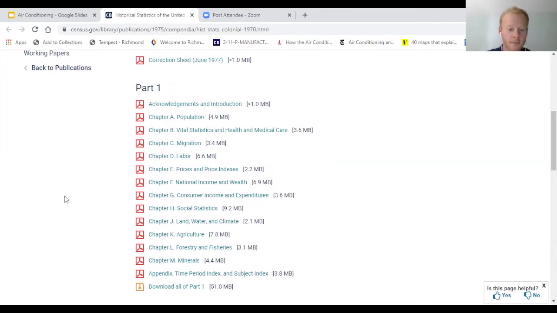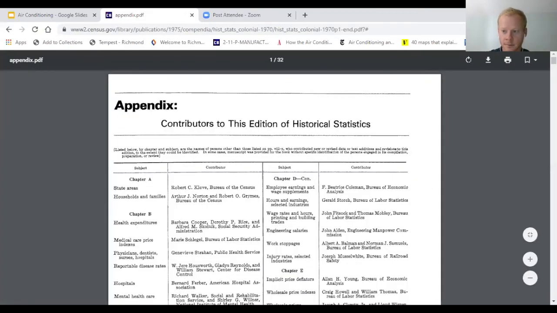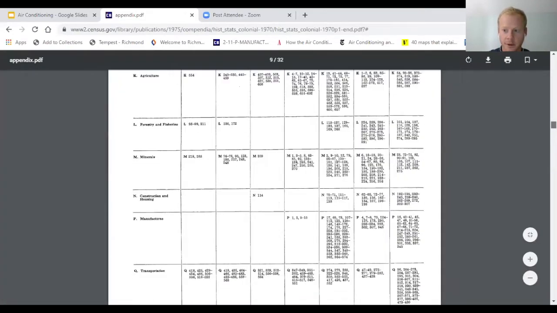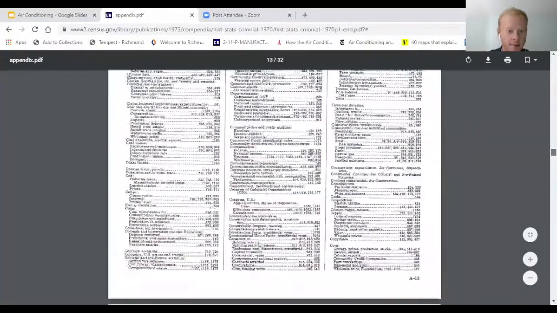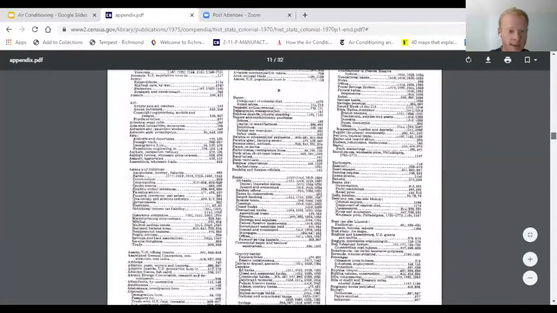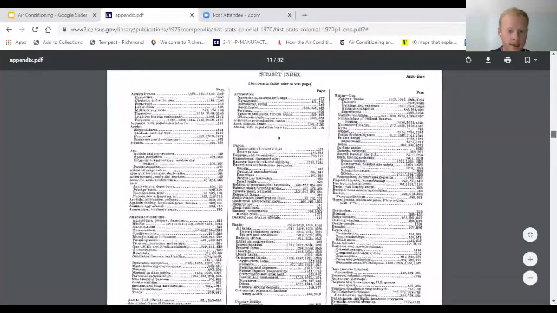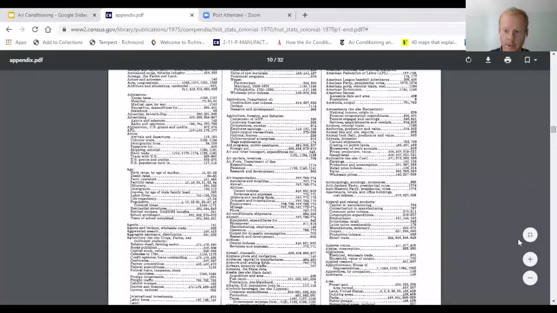Okay, so hopefully you noticed this word appendix, and hopefully you remember that the word appendix means a section of a book or a report where you can go and it will tell you what page numbers specific subjects are. So if we click on appendix, and I'm just going to go down to speed this up because I've already looked through this, we get down to the appendix. Notice that this information is organized in alphabetical order. So if we zoom in,